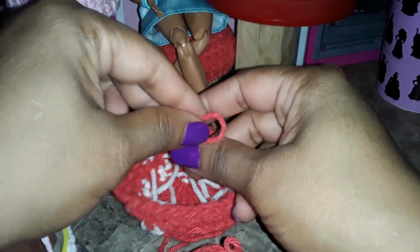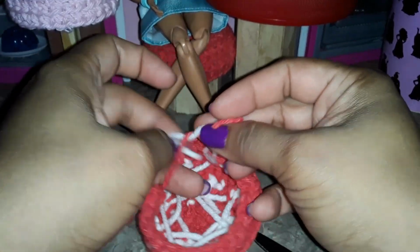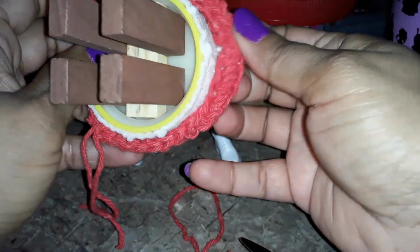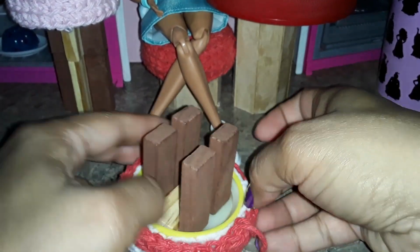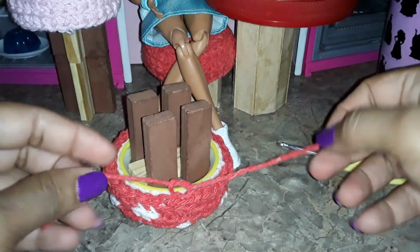What is the other one that I just finished? In that way it doesn't come undone. See here, just tie it, and you can hide it better, but for now I'm just gonna do a simple knot in here. So now it's all tied in here, and we put the stool in here. Make sure it's put nicely and even right there. So I stretch it out, and now